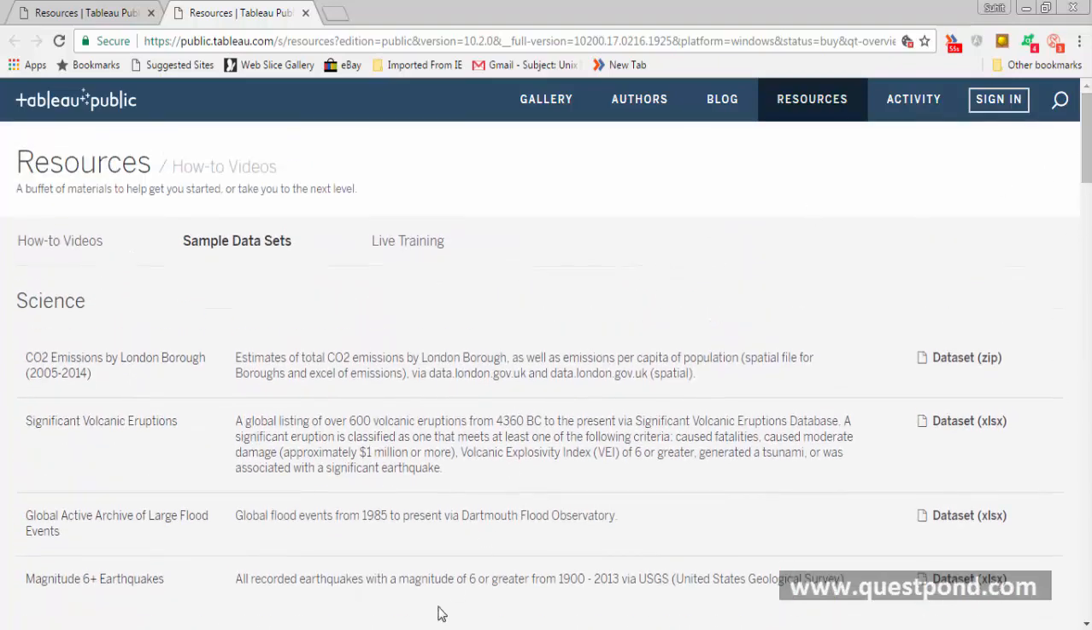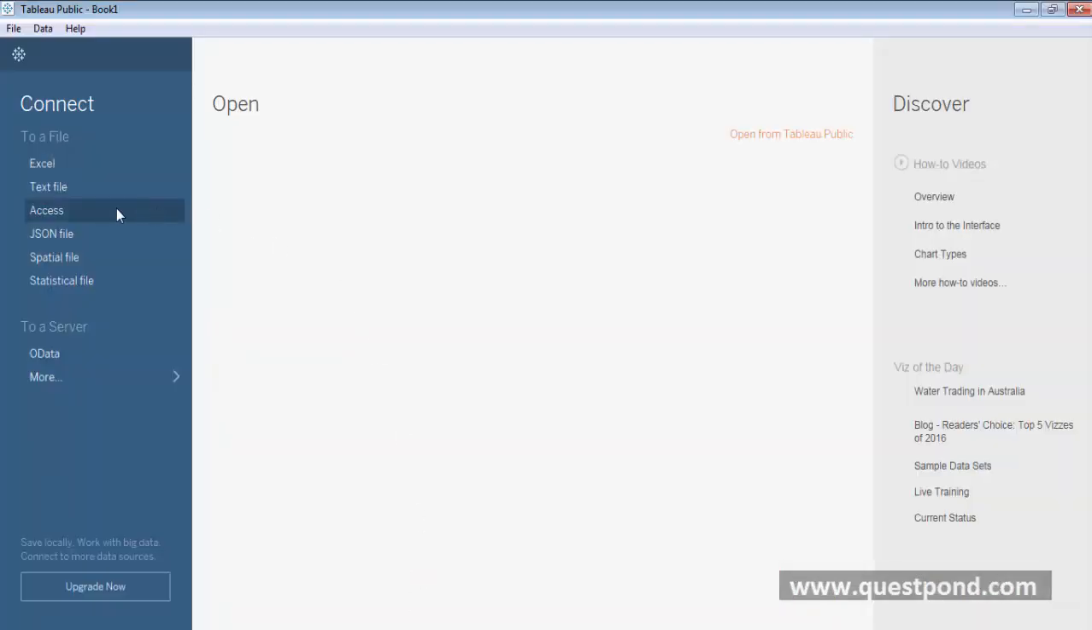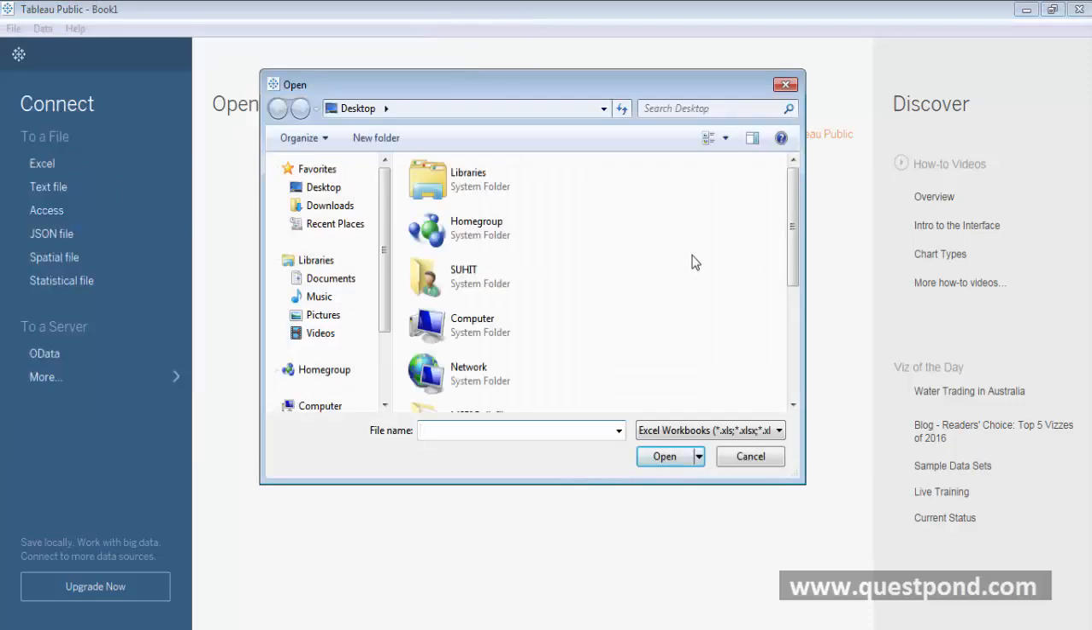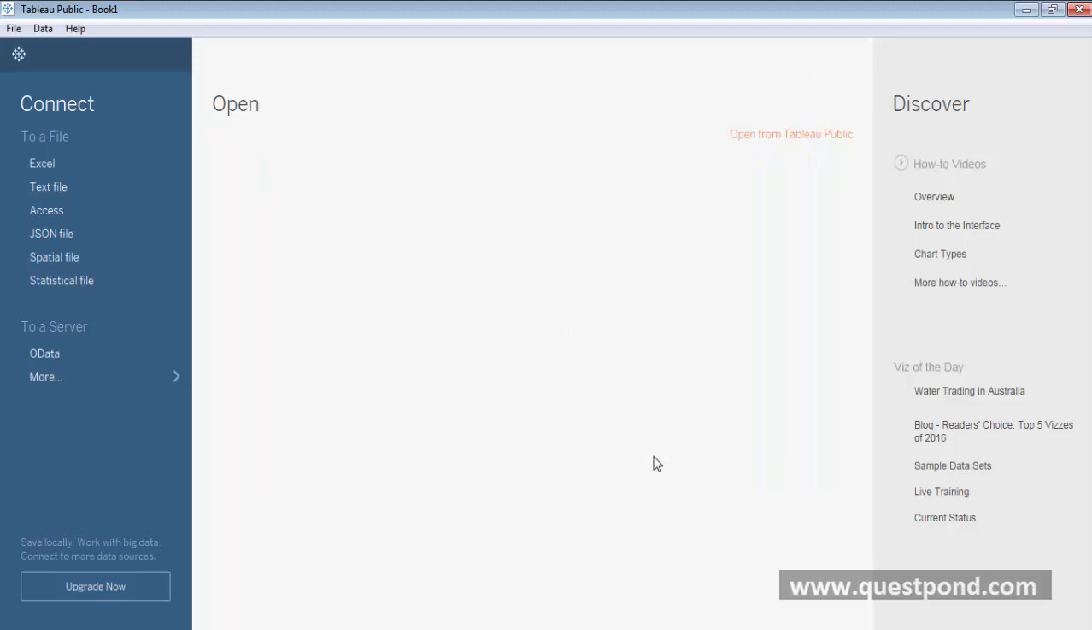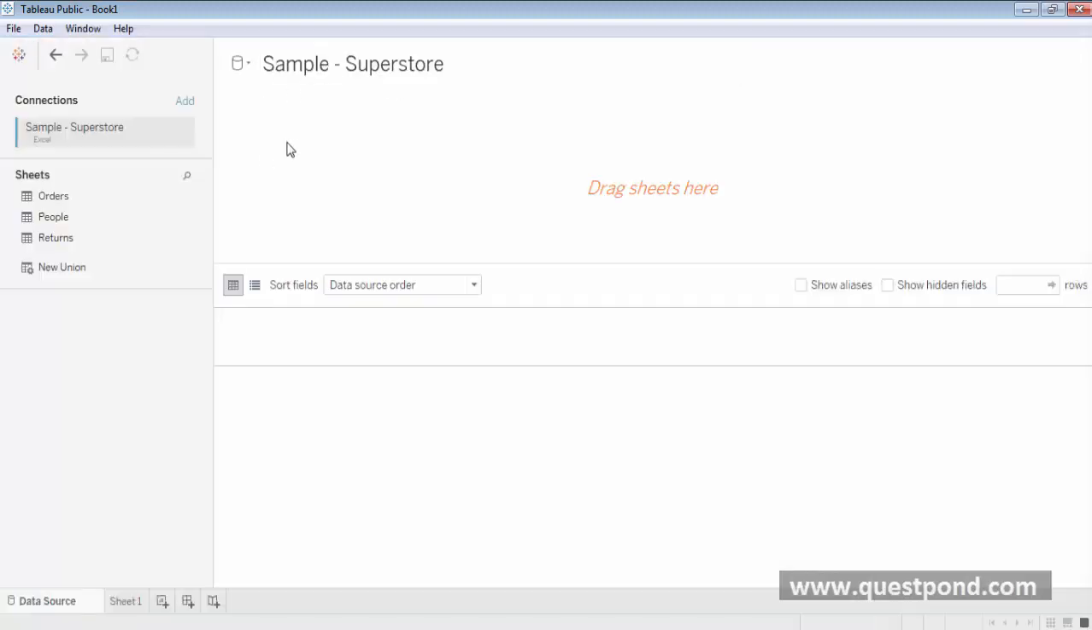But for now I will be connecting my Excel file source from here. I have a sample data source known as sample superstore. So I will just connect this Excel file with the Tableau tool. As soon as I click on open, this page opens up here. It says sample superstore. I have connected this data source,